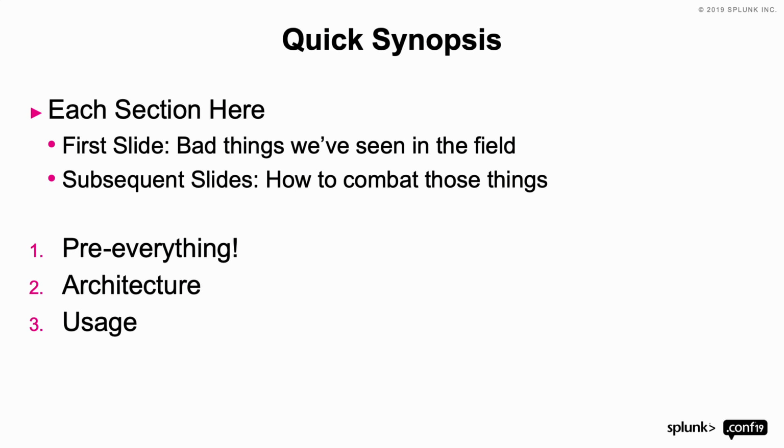So very, very quick synopsis of what we're going to talk about here. We're going to go through what I call pre-everything. So prereqs, initial conversations around UBA. Then we're going to go through architecture, right? That's my favorite. And then go through usage. The first slide is going to be really, really bad things. If you want to be successful with this product, don't do these things. First slide, don't do. Second slide, good. Do the second slide stuff, okay? All right, so